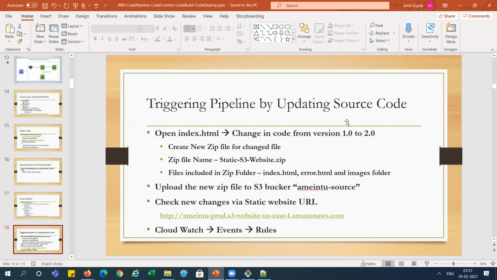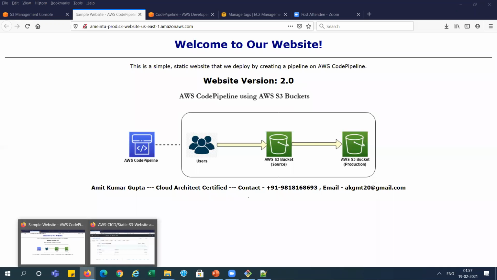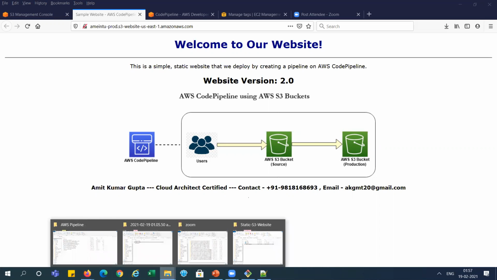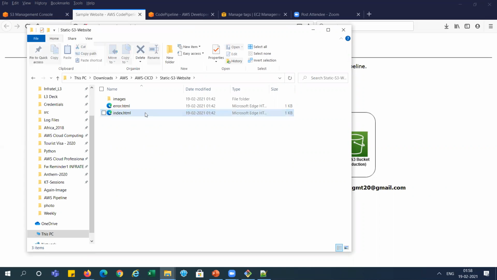Now, triggering the pipeline by updating the source code, right? Now let's do it. So 2.0 is already there. What I will do, let me go over there. See, I'm removing this zip file.